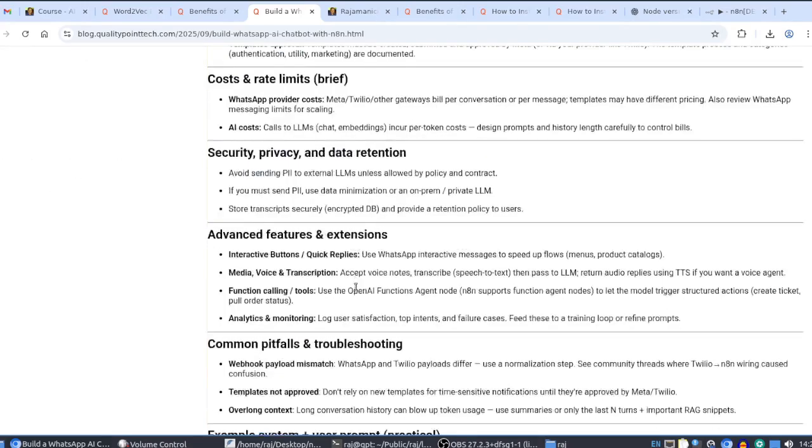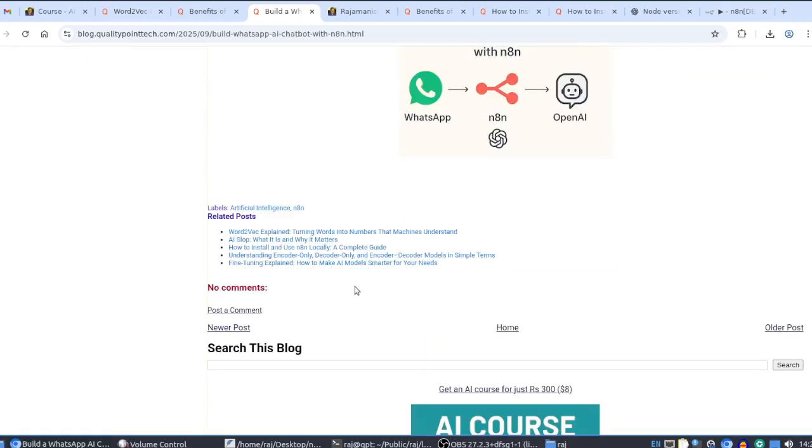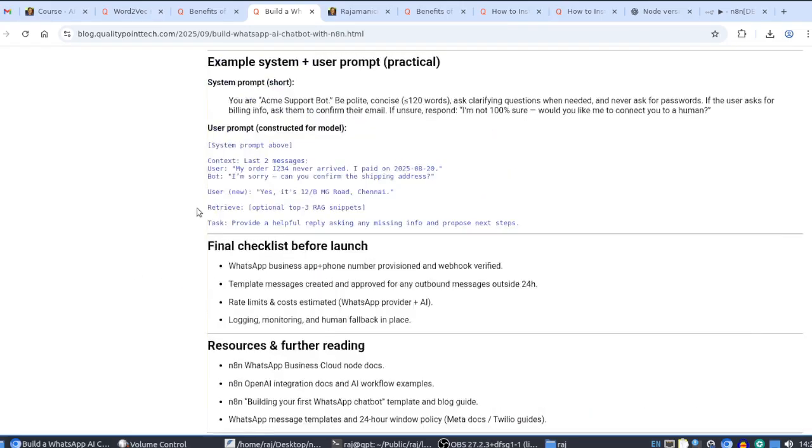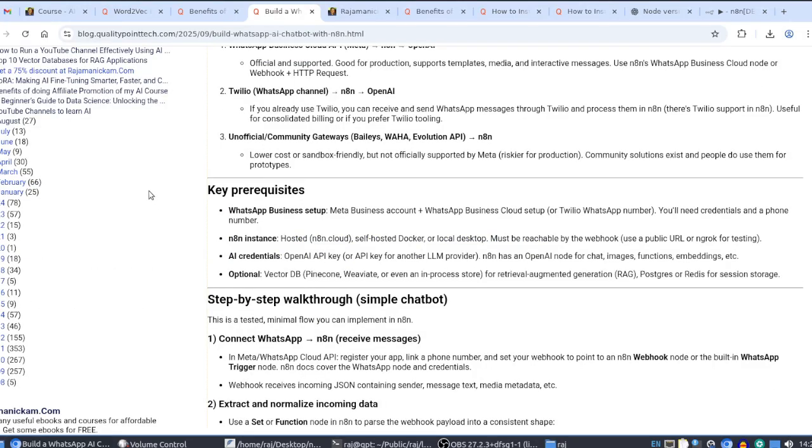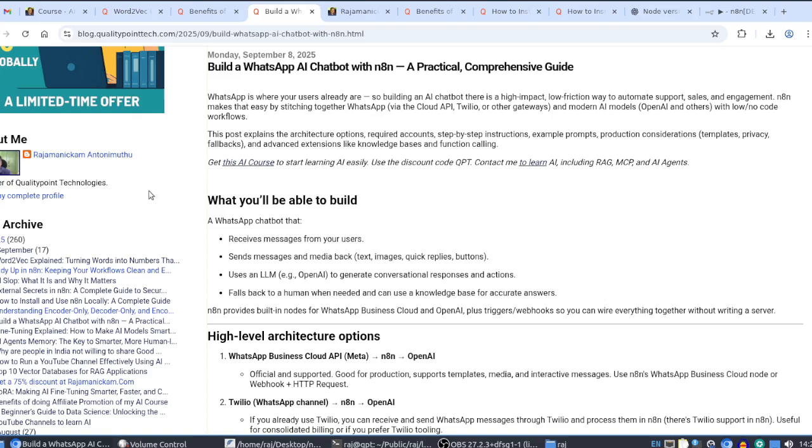And I added some other blog posts also about n8n. You can go through that. And apart from that, I have been adding a lot of blog posts about AI. You can just check my blog,